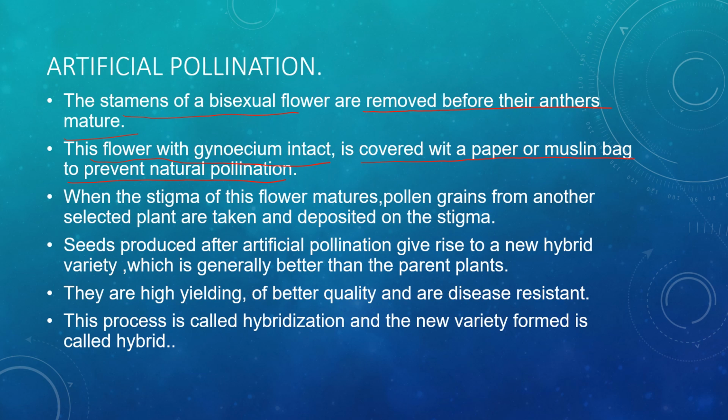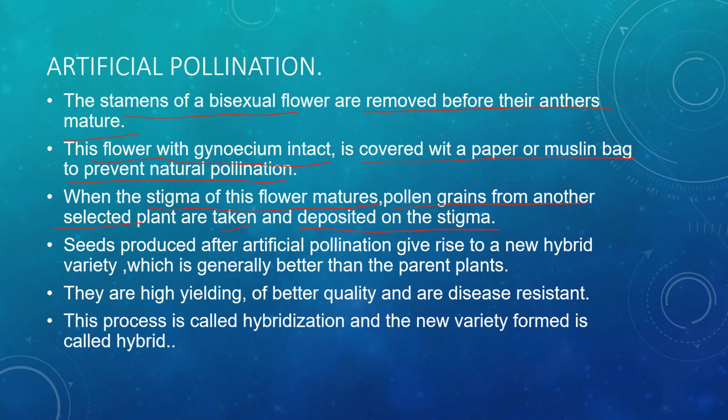So when the stigma of this flower matures, the pollen grains from another selected plant are taken and deposited on this stigma. The pollen grains are from another, different plant and they are deposited on the stigma of this plant, because we have already removed the stamen of this flower. So this flower cannot produce pollen grains of its own, because before maturity we removed the stamens and we are keeping the stigma intact, so that we bring pollen grains from another plant and deposit them